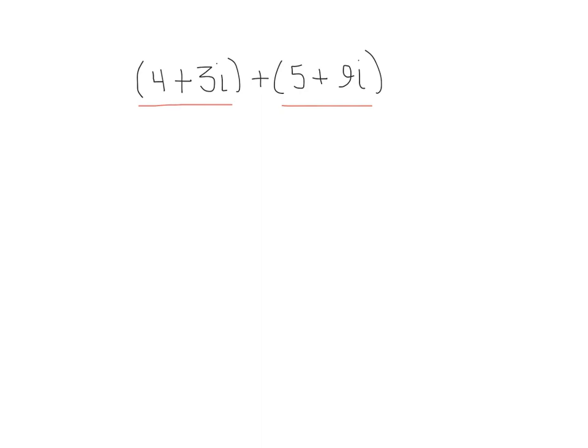So when we're adding complex numbers, we take the real parts and we add them together. So we're going to take 4 plus 5 and we'll have 9. And then we take the imaginary parts and add them together. So we'll